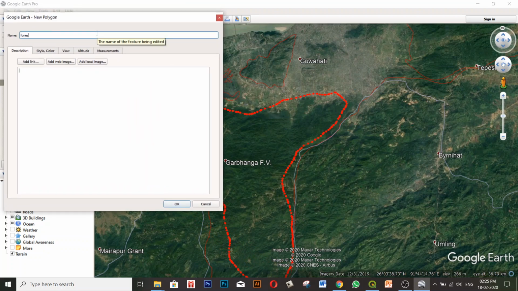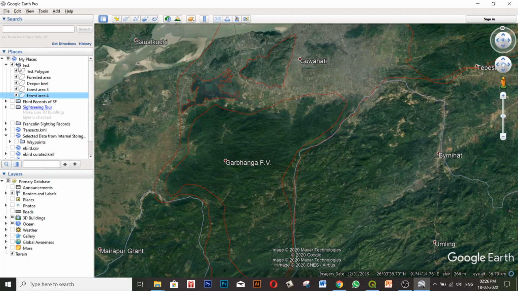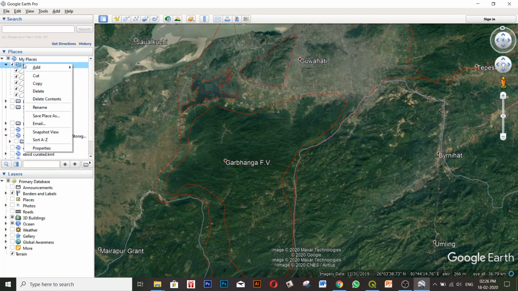So forest area 3. Okay, so it is the same name. Let me rename it to forest area 4. Okay, so now we can save this test folder as, save my places as,